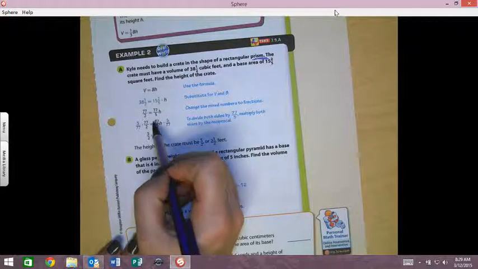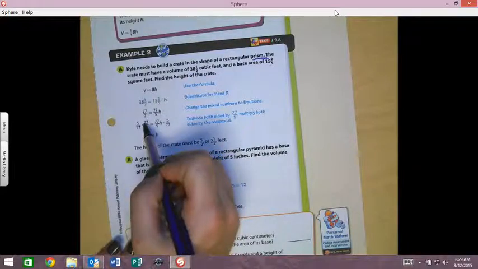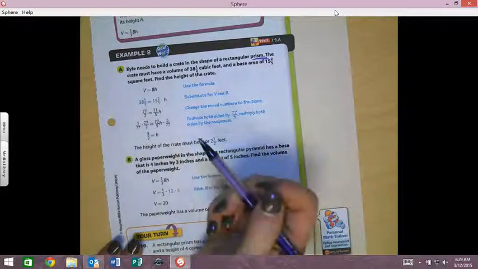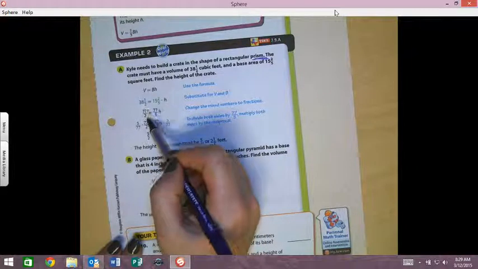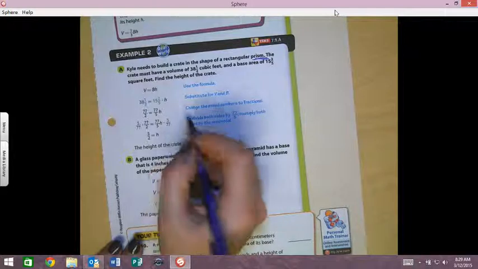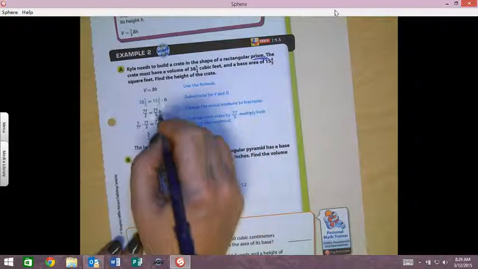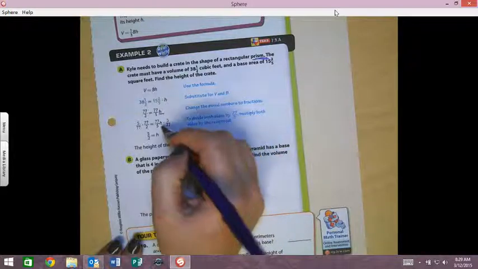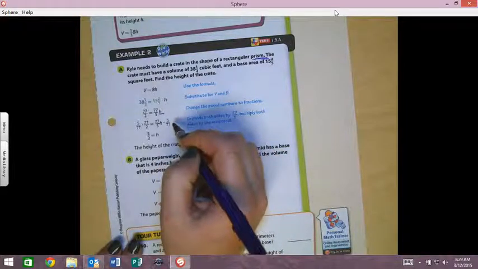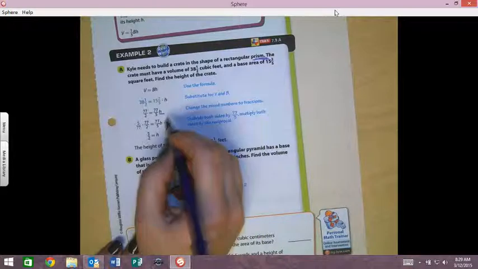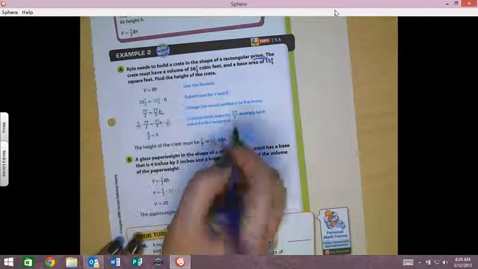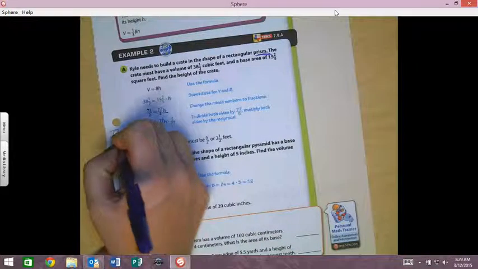So I would do the same thing they did here. I would convert it to an improper fraction so it's easier to deal with. So we have 77/2 equals 77/5 times H. Well, we're solving for H. So we're going to multiply by the reciprocal, which is also dividing. This is just a different way of showing dividing both sides by 77/5. Okay, let me show you another way over here. 77/2 equals